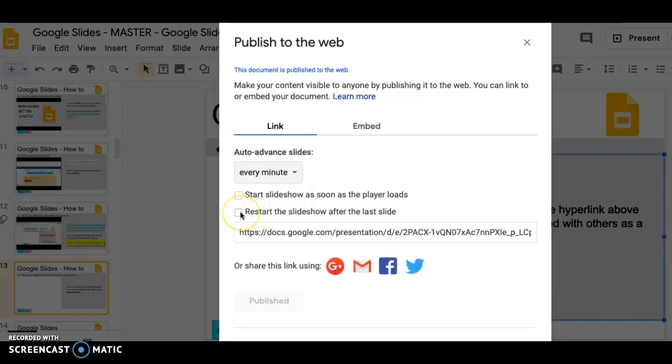Do I want it to restart or loop? Well, that depends if it's being used to be presented in an idle format, presentation format. I'm happy with the selections made. I'm now going to copy this. And essentially I'm done. I need to go now back to my slide presentation